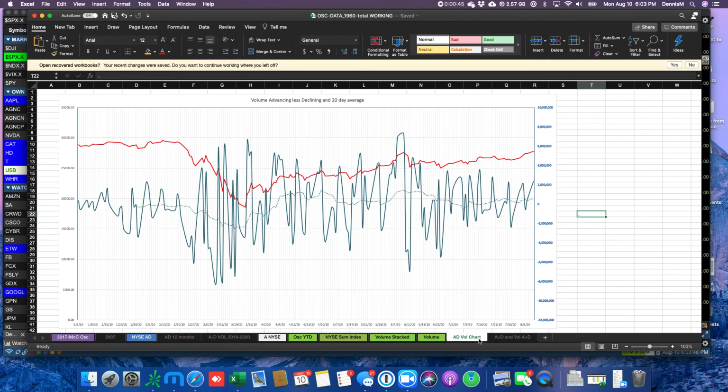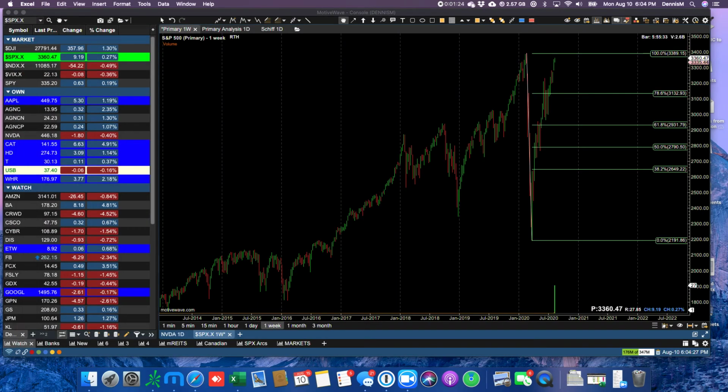The advancer and decliner, this is the difference between advancers and decliners. You can see it was oscillating in big ups and downs while the market was going down and trying to recover. Now that the market is trying to hit its old highs in the Dow and the S&P, we're starting to see these oscillations really narrow down. You can almost draw a little cone here and say that they're really coming to a fine point, something like this maybe. So let's now look at the charts because I want to show you something pretty remarkable about the